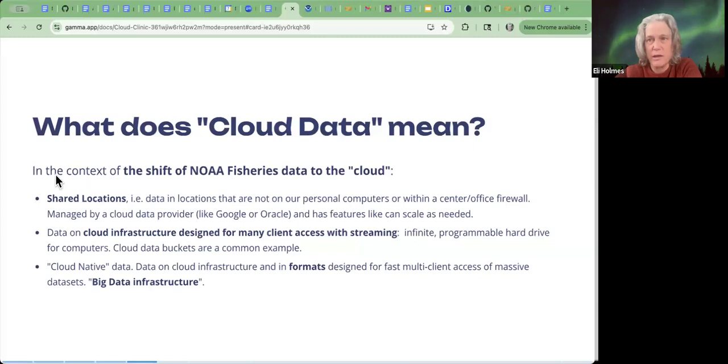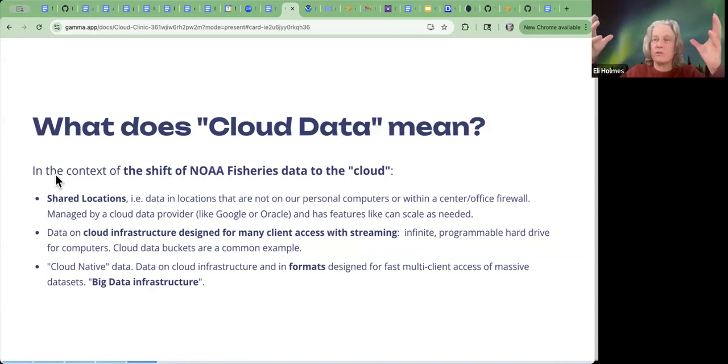is this first bullet. It's really about moving data away from being siloed, either on your computer or behind a firewall at your center or office, in places where it's really restricted access, and moving that into shared locations, so that it's not on your personal computer or on a hard drive or at a server that only people at your center can access.